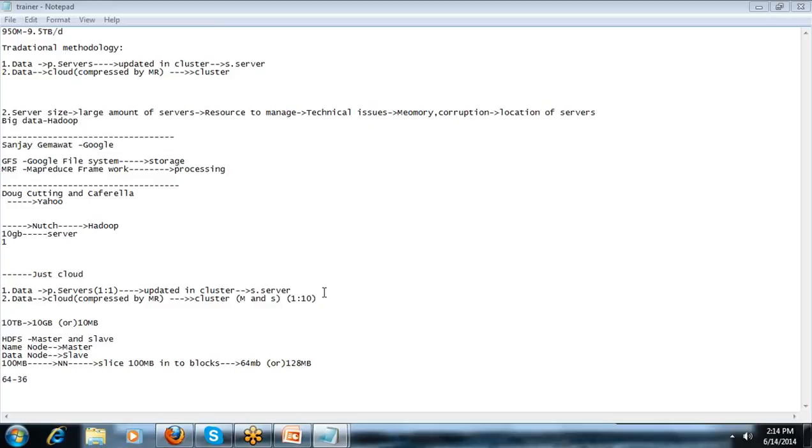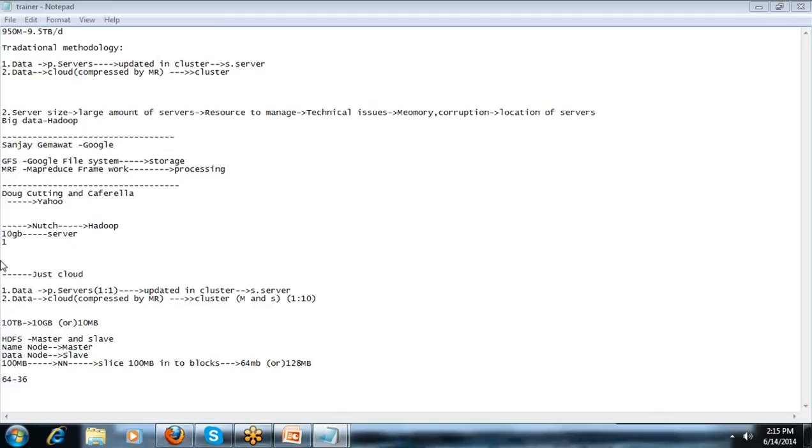And per user, for example, one user is generating around 10 KB of data per day. One particular person, for example, it might be me, or it might be you, whoever it is, they are generating 10 KB of data per day. Now calculate for 1000 users, they are going to generate 10 MB of data per day. Now consider 1 million users. 1 million users are going to generate around 10 GB of data per day.